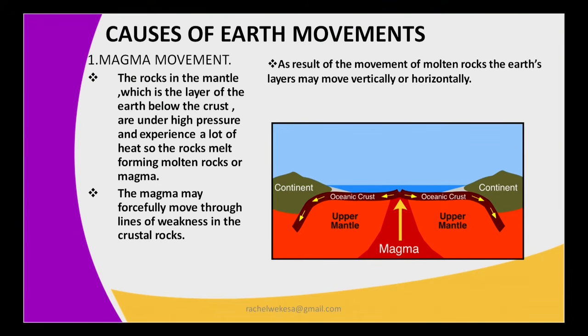In the diagram below, we see a picture. On the picture, we have continents, that's the green shade. We have magma, that is red in color. And we have the upper mantle on both sides of the magma. So the magma rises up through lines of weakness. The magma may rise up and move to the Earth's surface. And as a result of this kind of movement, we'll find that the layers of the Earth will move. Number 2,